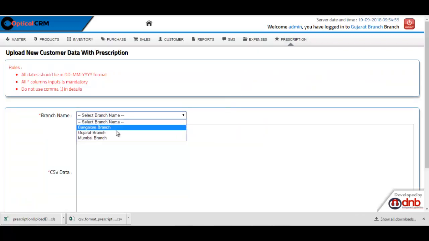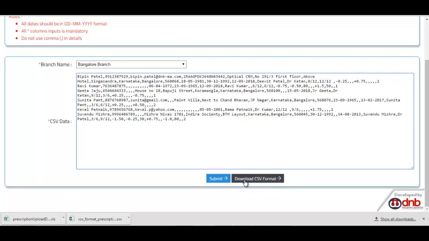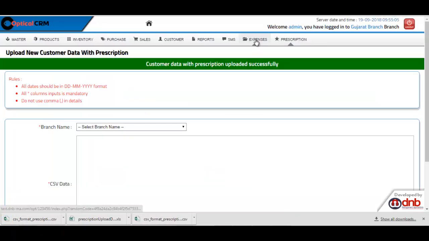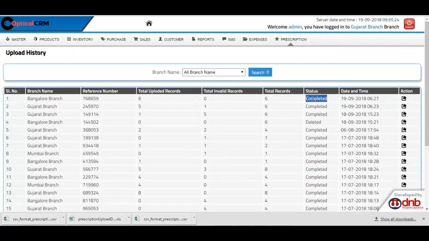I will select the branch, I'll paste that data, upload CSV format, and I have submitted. If you see here, in the bulk upload history, it will come in the pending status. Okay. Now I run the system and it will show me the status as completed and total 6 records uploaded out of 6 records. So now there is no invalid record.